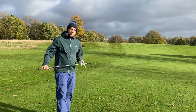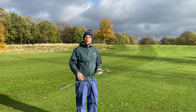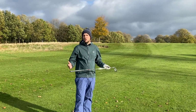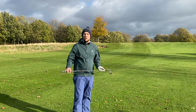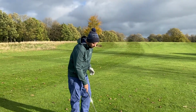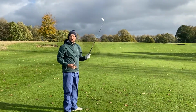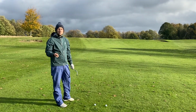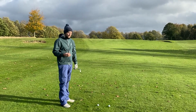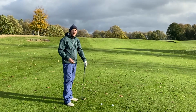So the final point we're going to come to, guys, is your finish position. It's something that's often missed off, or if you're in lessons, people tell you to hold your finish, or you're playing with your mates, they say, oh, just hold your finish, and you have no reason why. They don't have a reason why, they just say, well, I've seen most pros hold the finish. So the reason for that, guys, is if we're in our finish position, we can start to break down why you might have hit a shot. This is true throughout the game, the same in your chipping, same in your putting, and same off the tee. You want to hold your finish and give yourself feedback. If you can give yourself feedback, you can break down exactly what went wrong potentially and correct that